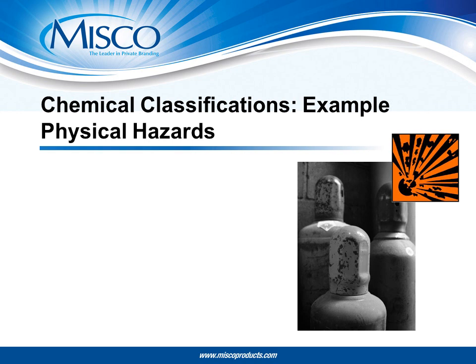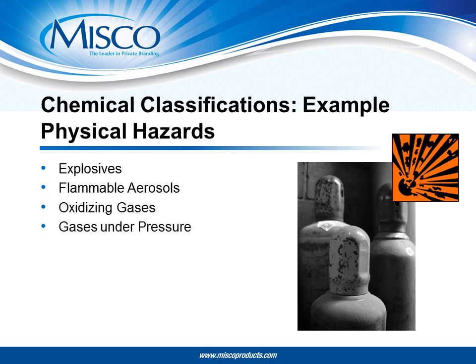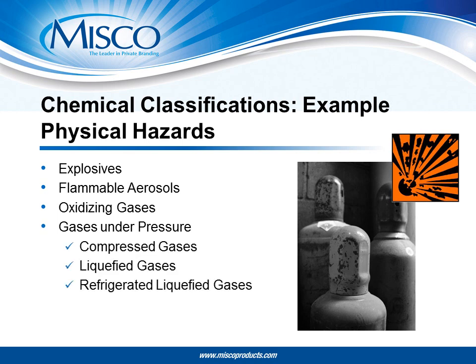Let's look at another chemical classification example, this time under the physical hazards. DOT criteria, for example, were used as the basis for the work since they were already harmonized. Each of the chemical physical classifications is further defined and described in Appendix B of the HazCom standard. Appendix B is